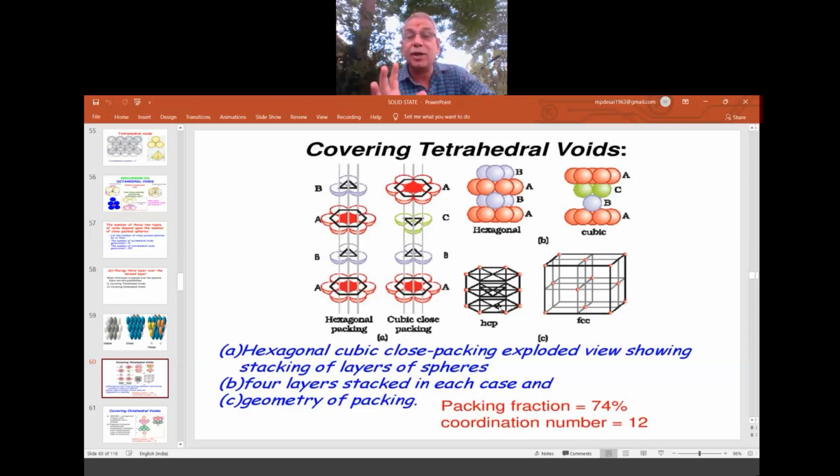In the same way, to create FCC or CCP, we have to arrange the layers in such a way that it should be ABC, ABC, ABC, ABC in 3D. Right, that time the coordination number is 12. How is the coordination number 12? That you have to visualize. Here you take one ball. So 6 above, 6 below, surrounding all those, you will get 12 only.